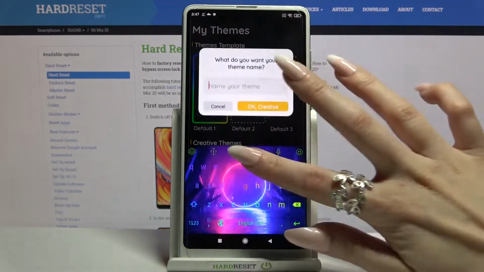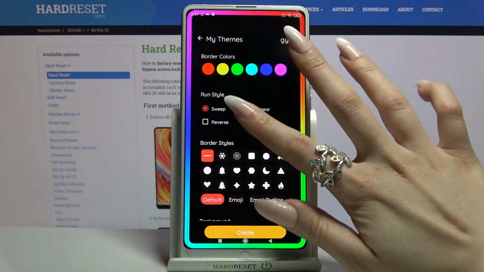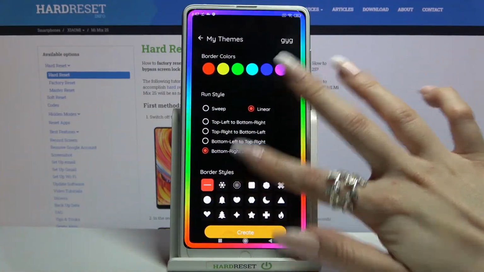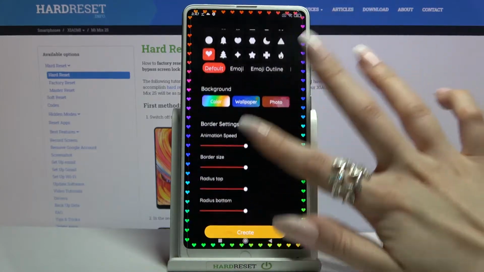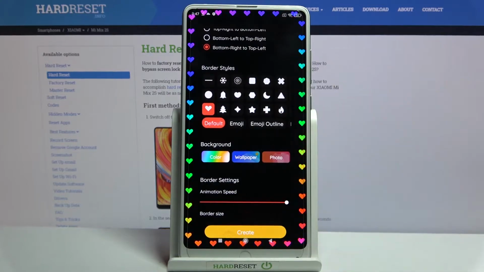Tap on this theme, name it, and click OK Creative. Then close the nut and customize your edges however you want to. You can change run style, for example add pattern, change animation speed, border size, and many other things. When you're done but you want to leave your current wallpaper or change your wallpaper, you can pick one of